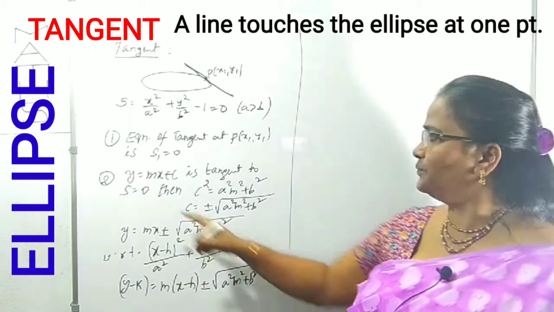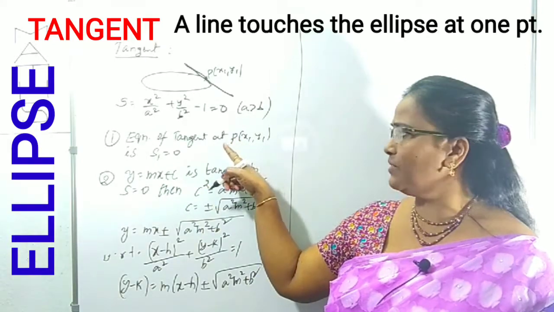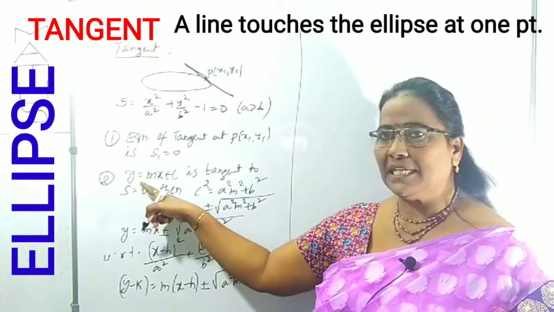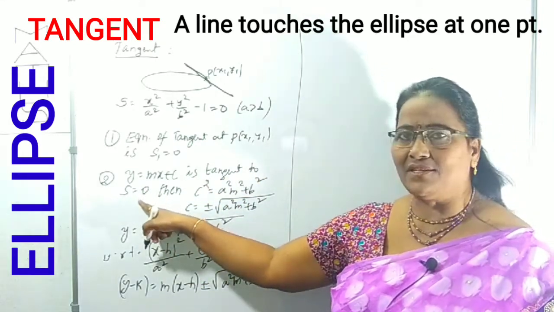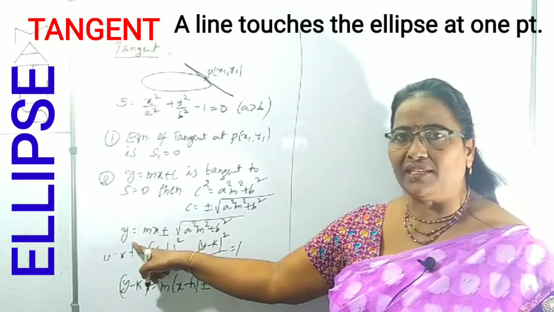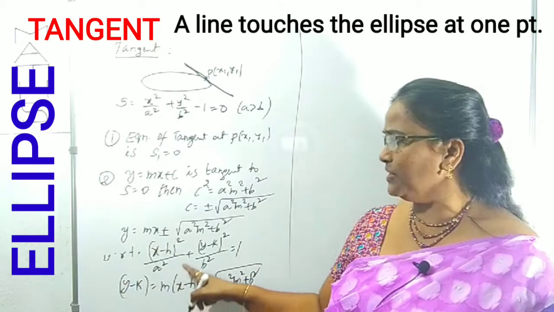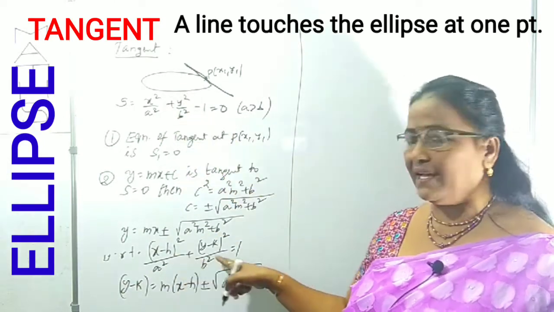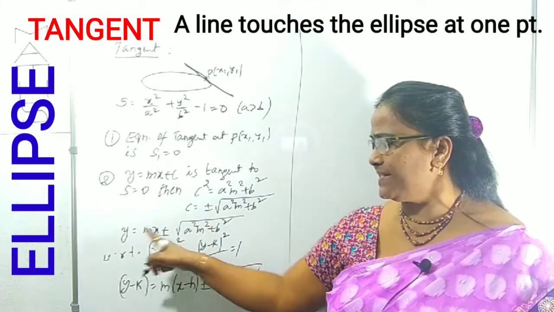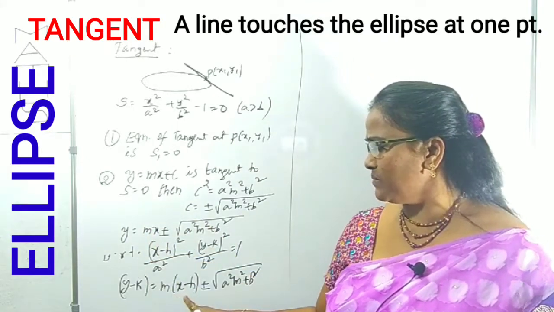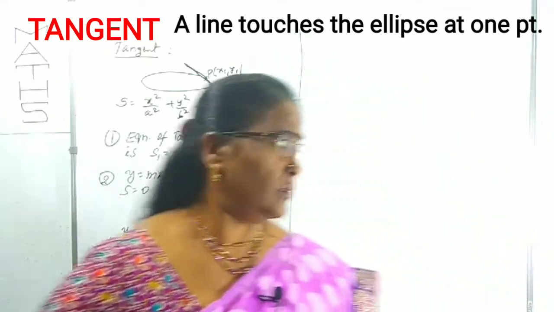So these two are equations of tangent. One is the equation of tangent at the point here. If the line y is equal to mx plus c is a tangent to the ellipse S is equal to 0, the condition, and the equation of the tangent in slope form becomes like this, right? In the same way, in place of the standard form, it will be like this, whose center is at (h, k). What is the change here and here? In place of x and y, we can write x minus h, y minus k. Clear? Now we can come to the next points.